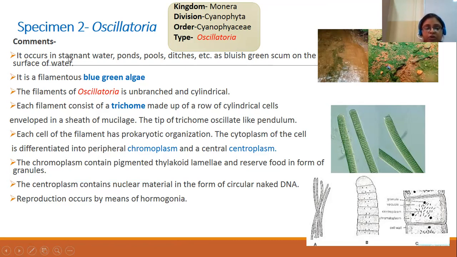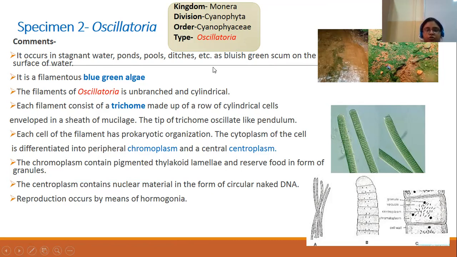Fine. Here you can see where these Oscillatoria are found, which are also called blue-green algae. First of all, why are they called blue-green algae? Because they contain a green pigment like the chlorophyll found in true plants. That's why they are called blue-green algae, but they are not the true algae that belong to the kingdom plants. They are bacteria. They are cyanobacteria.